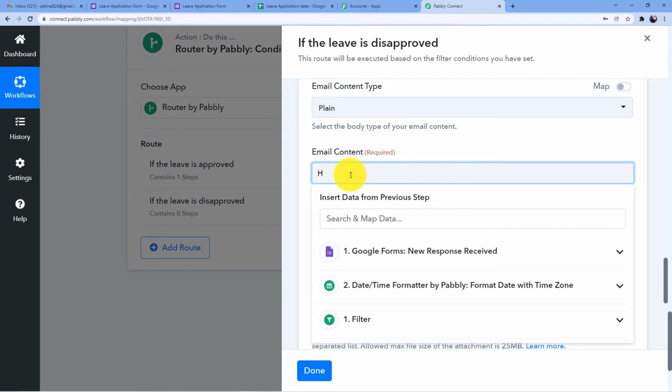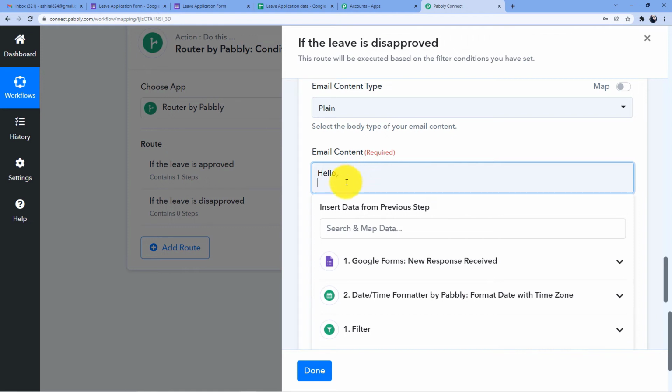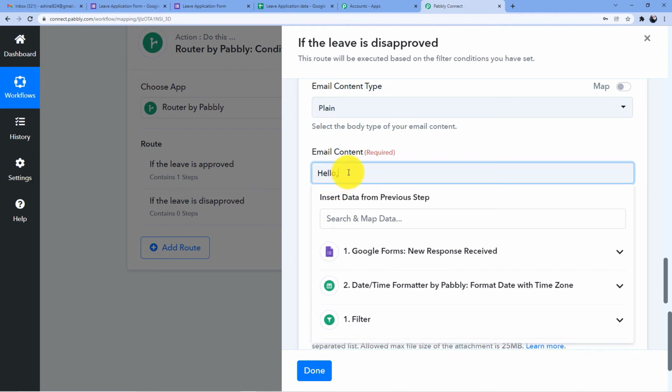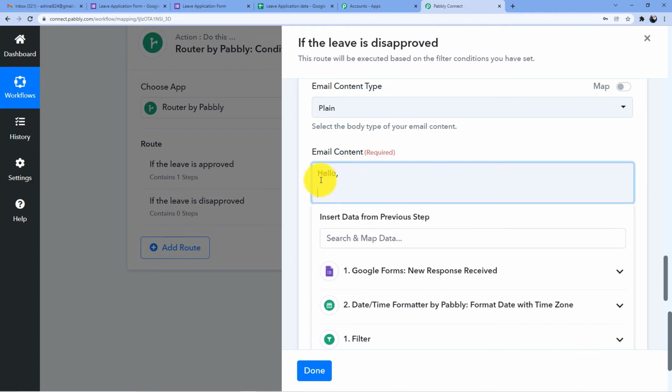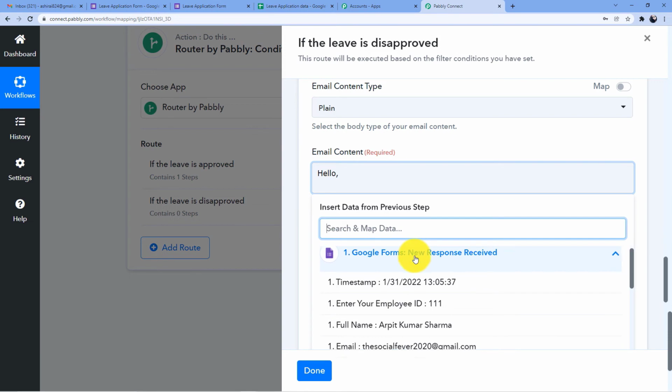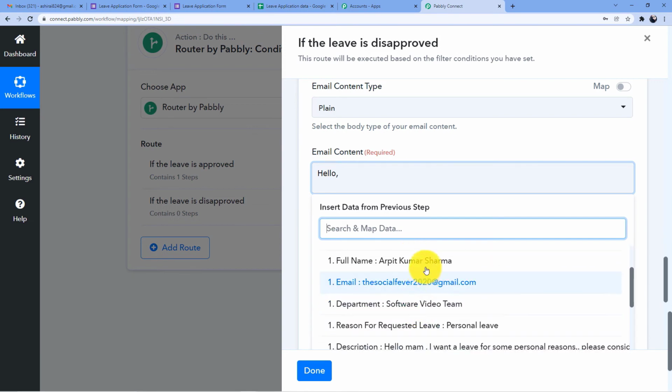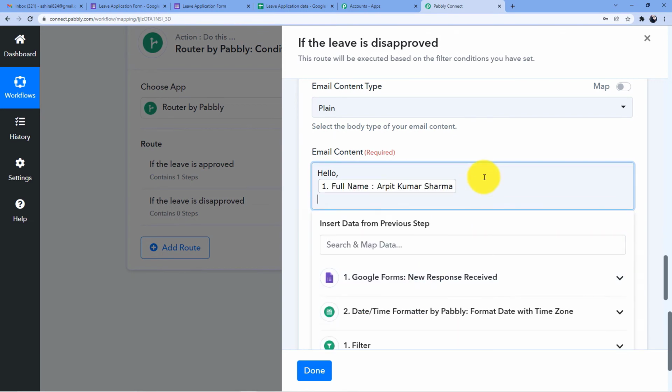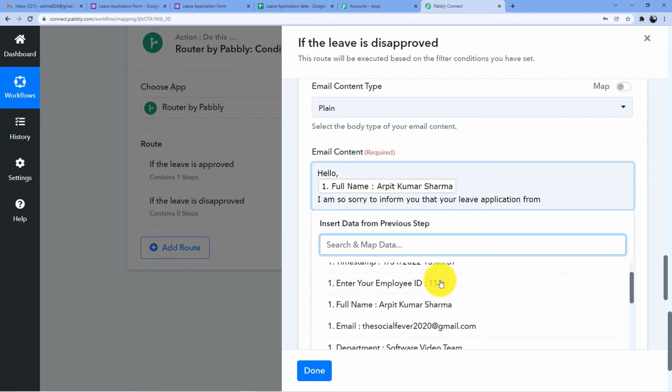So, hello Arpit Kumar Sharma, I am so sorry to inform you that your leave application from, now map in the dates,